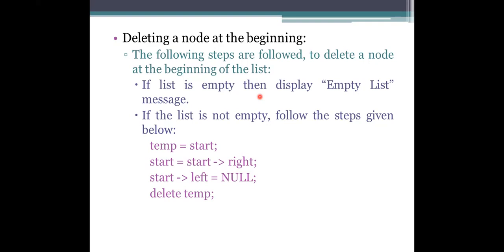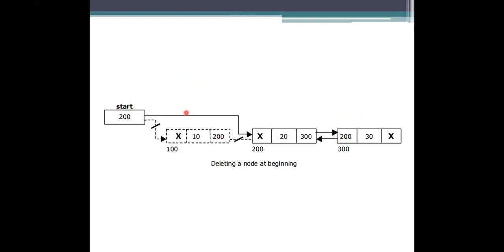So here we need to start from where the processing begins. Here it is considered as the beginning. So the temporary variable we are using has to indicate the start, and then after deleting that node, we need to take the connections or links that it holds and give them to the other node. So likewise we need to specify here.